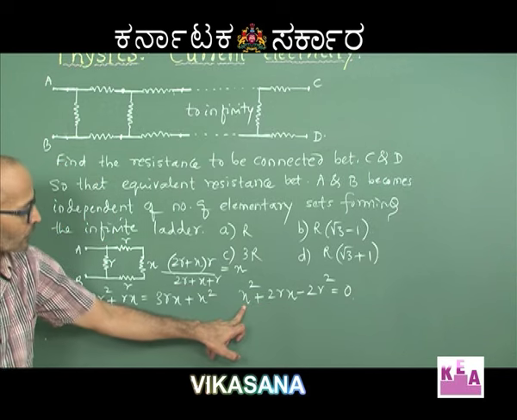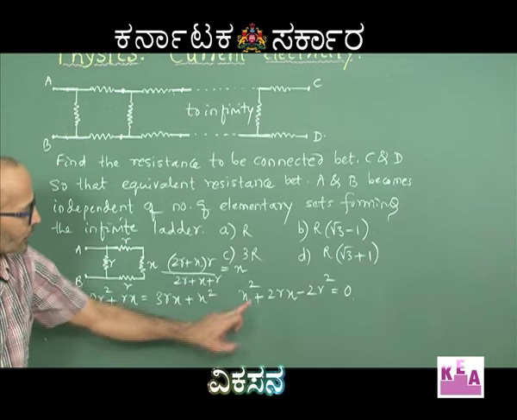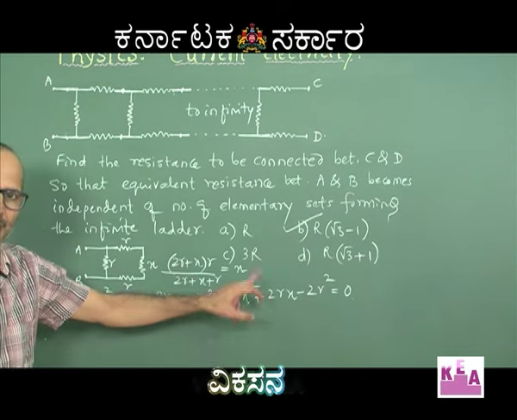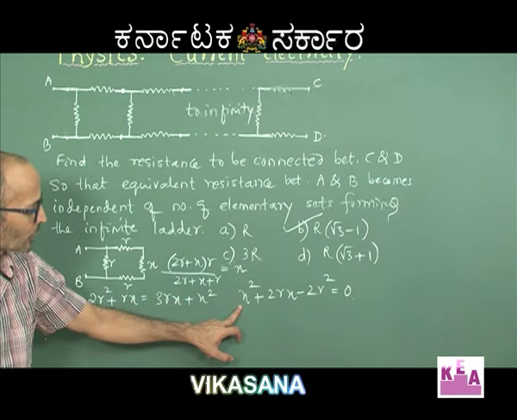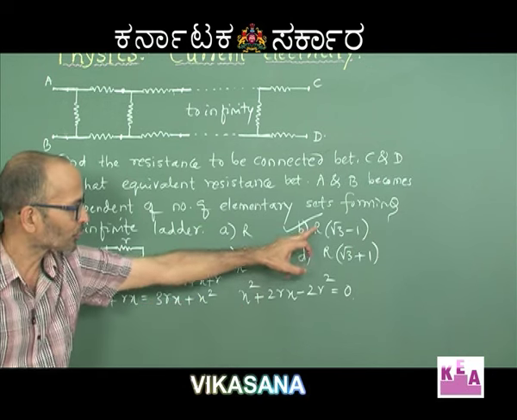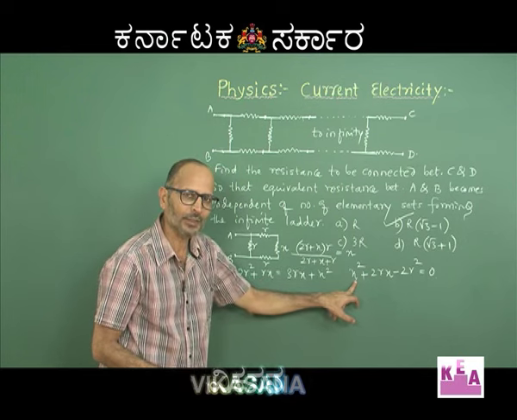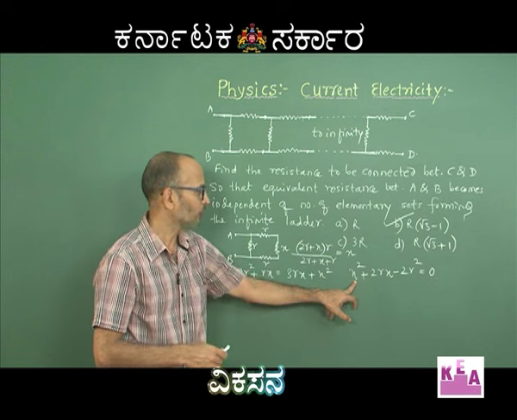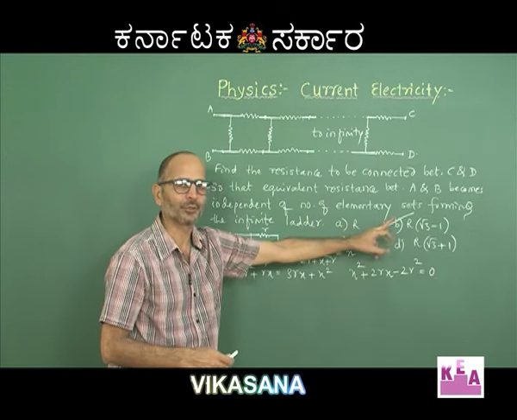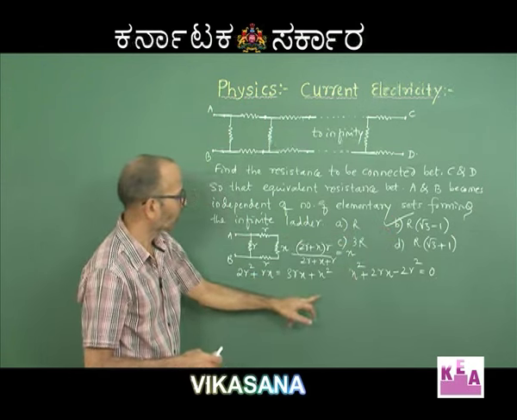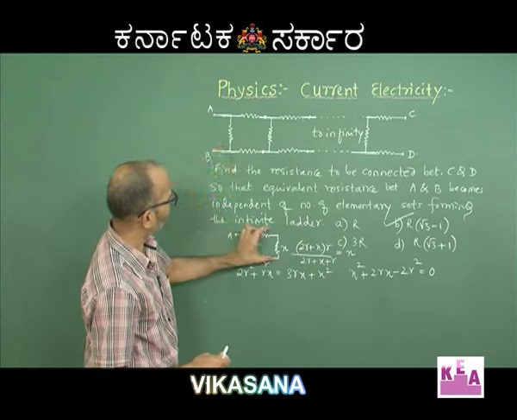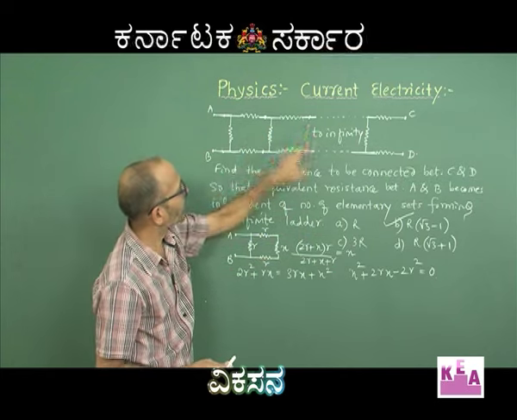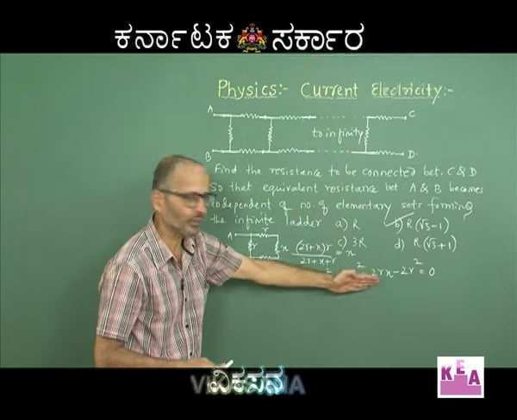And you can compare this with your Ax square plus Bx plus C and simply find out the root x, and that will give you the answer. So, if you simply solve this quadratic equation in x, the value of x that you are going to get is R into root 3 minus 1. What formula are you going to apply here? Minus b plus or minus square root of b square minus 4ac divided by 2a. That gives you R into root 3 minus 1. So, I hope now you agree that by connecting that resistance x here itself, I am getting a quadratic equation. Had I connected it somewhere ahead of this, then I think the equation would have been of a higher power.